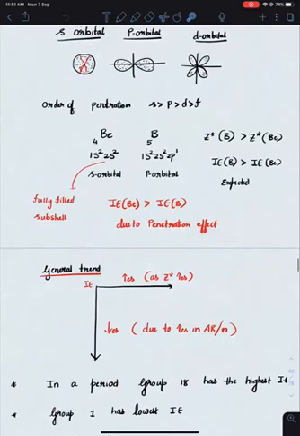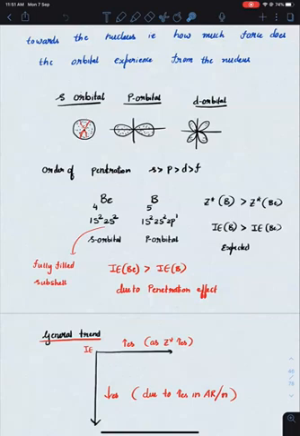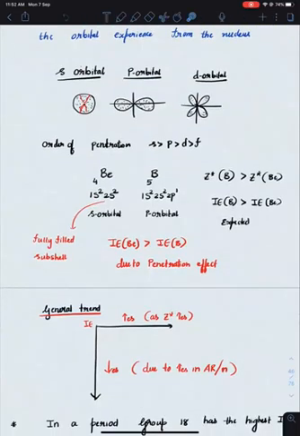Okay. So what is the overall order? Group 18 greater than group 17 greater than group 15 greater than group 16 greater than 14 greater than 2 greater than 13 greater than 1. Okay. This general order for ionization energy is very important. A direct question will come from it. They may ask you to compare IE1 or IE2 or IE3.